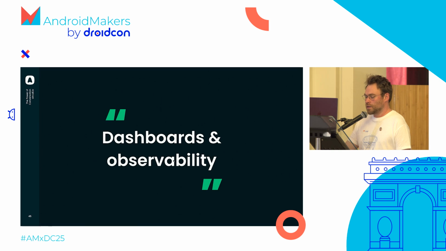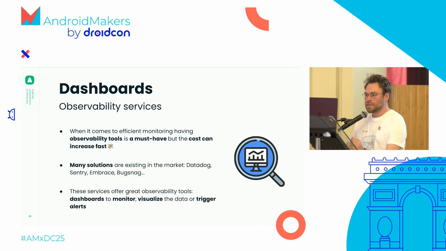Okay, now I want to jump on the dashboards and observability tools. So, observability services. As I said, observability is a capability, so we are using tools to do some observability. And when it comes to efficient monitoring, you need to have efficient tools. But the cost of it can go pretty high, and there are many solutions existing in the market, like Datadog, Sentry, Embrace, Bugsnag, whatsoever. So depending on if your company has already one or you want to jump on a new observability tool,